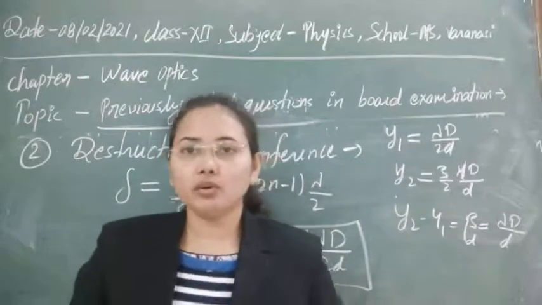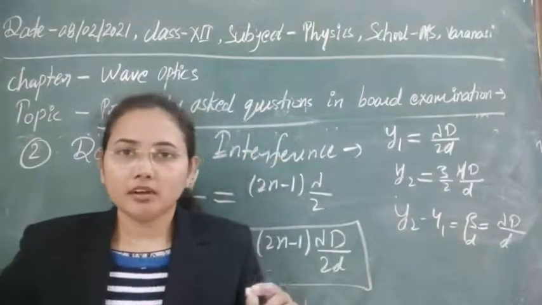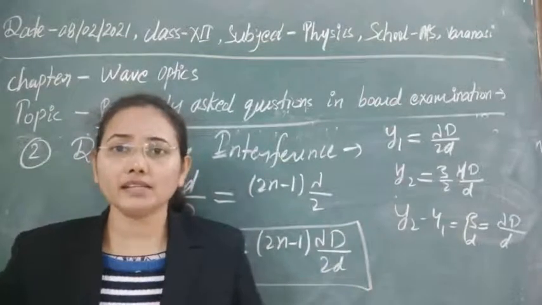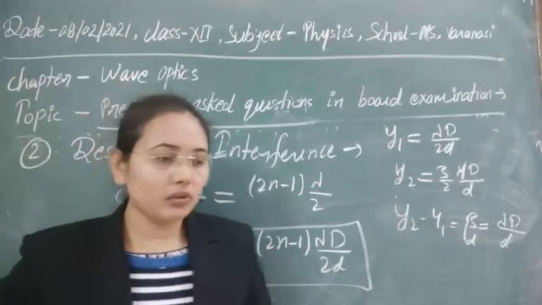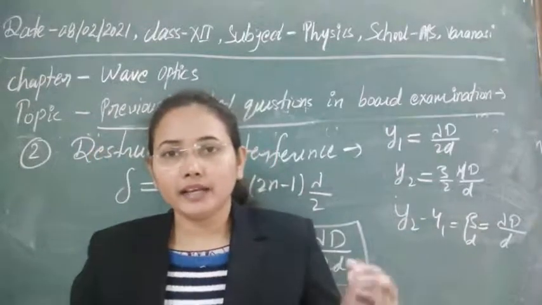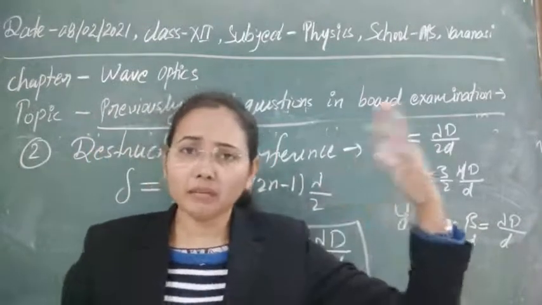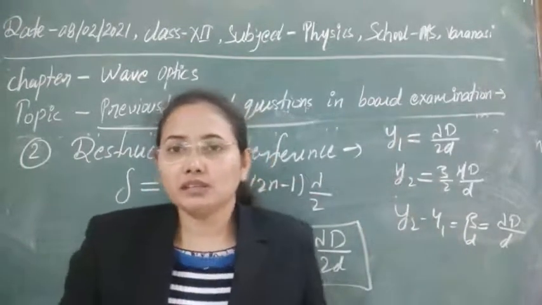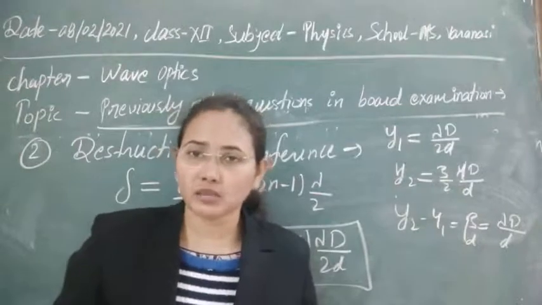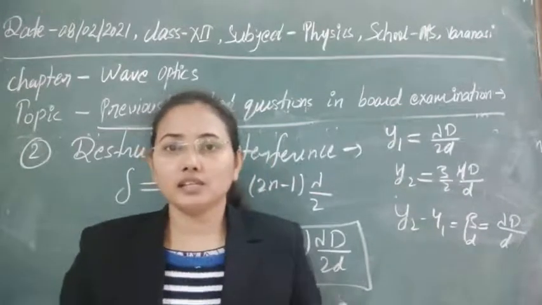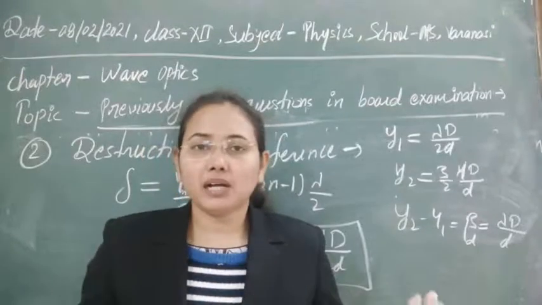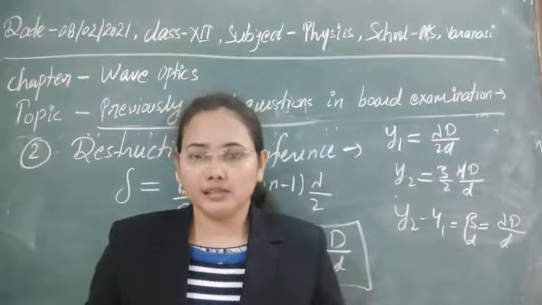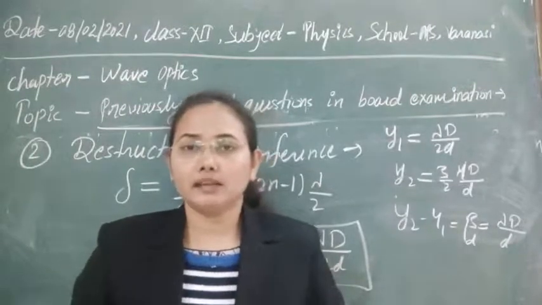Also, one more thing is important: the intensity of every maxima and every minima is always equal. It means there is no case where at some point we get the maximum intensity, and after the second maxima the intensity reduces, and after the third maxima it reduces again. No, these conditions will not be here. All the maxima are equi-intense and all the minima are equi-intense. Simple, this is the condition we have here.